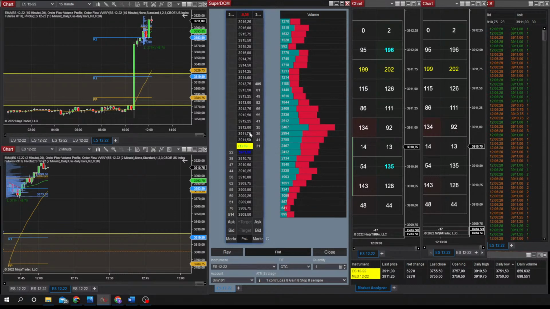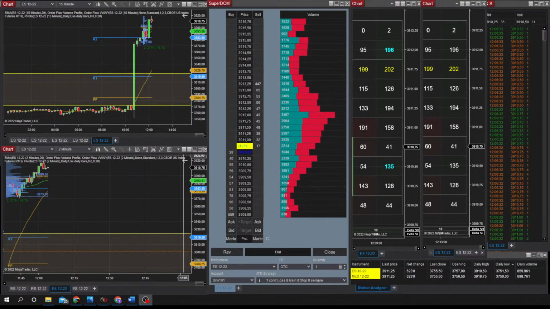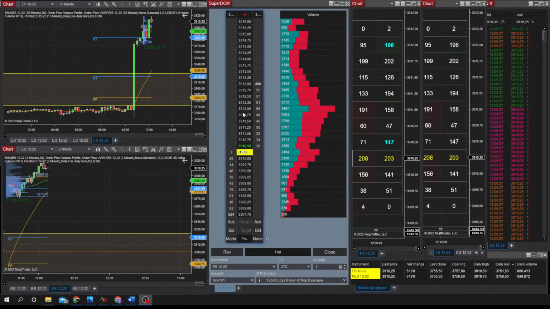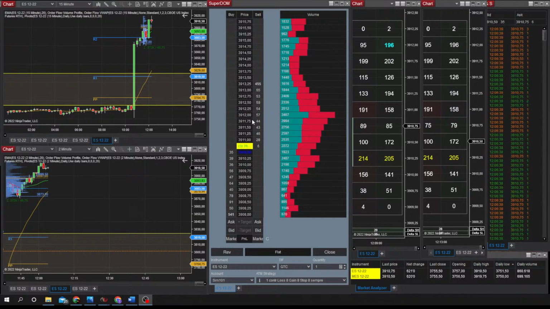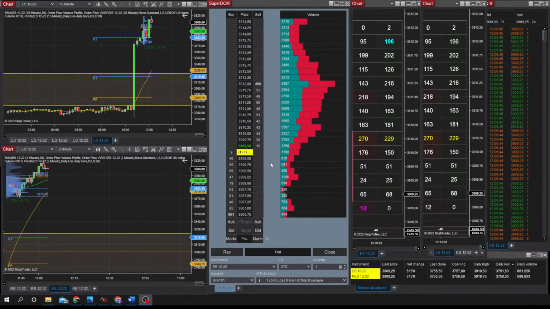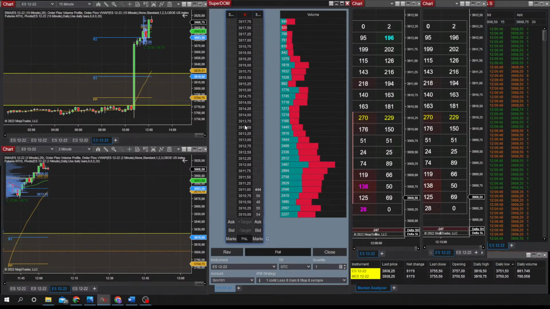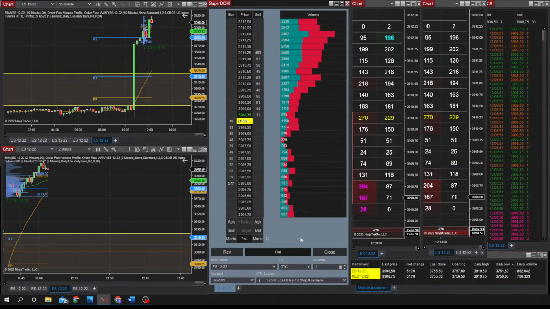We've seen here that it's been hard to overcome the 39.12. It's the highest volume in the region. Let's see, the 39.14 for me seems to be important to be overcome if it's to keep going up.